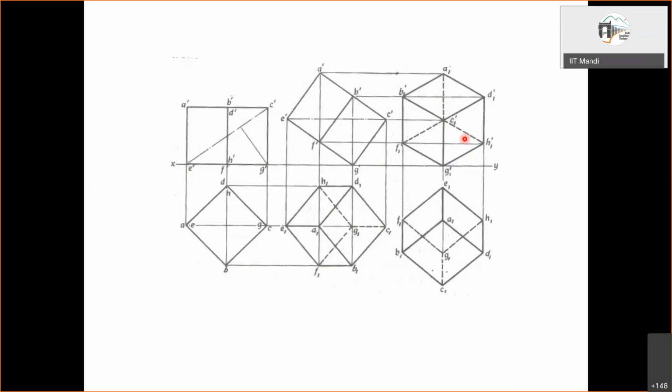And not only that, their shape and size are all exactly the same. If you compare this top visible surface with this surface, only the orientation is different, but other than that, shape and size are exactly the same. That is also true for this one. Effectively, you will observe that all six faces are identical in this case. The only thing is three are visible to us, but three are hidden. So this particular combination in this last front view is utilized for isometric projections.